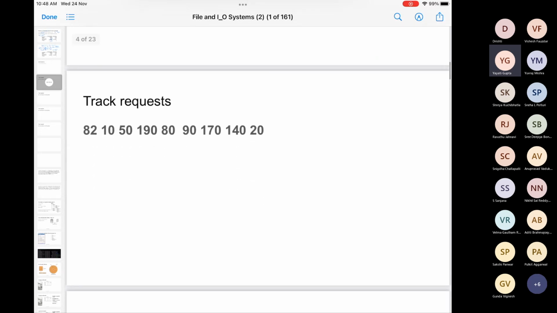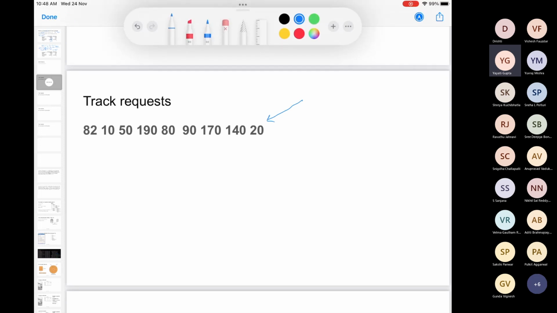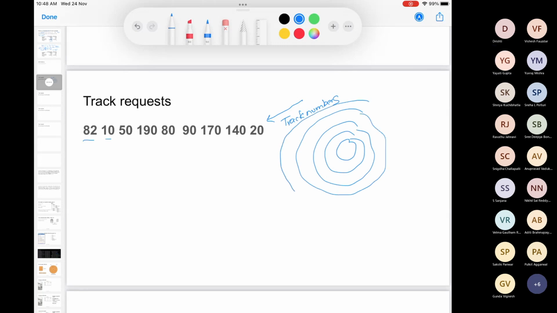Assume that there are certain processes running, and all those processes require access to some particular sector in your hard disk. These are the requests which your processes have issued, and the numbers which you see here are the track numbers. Right, so this is one particular platter. The first request is track number 82.